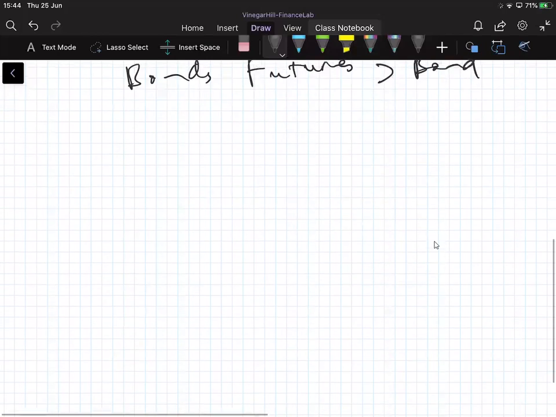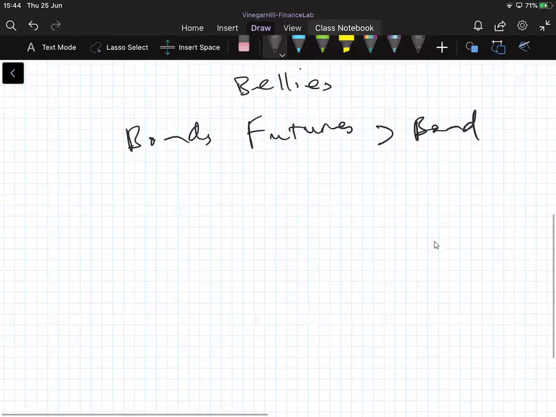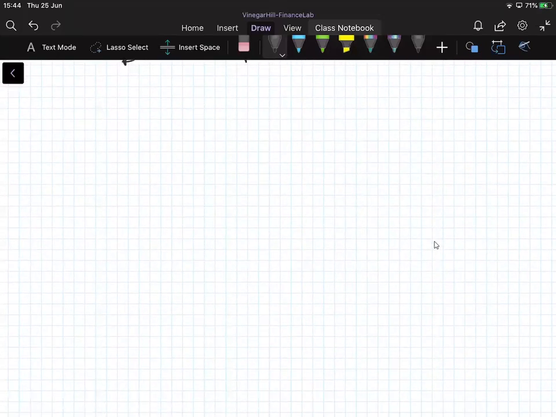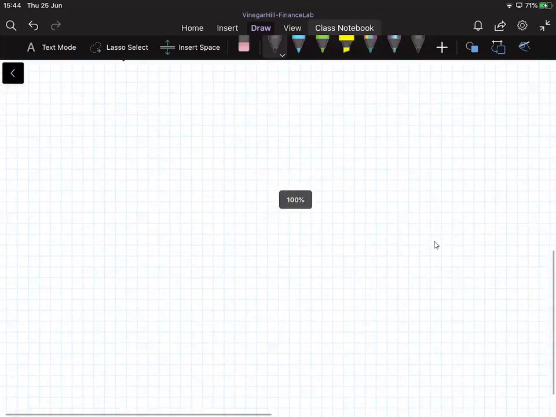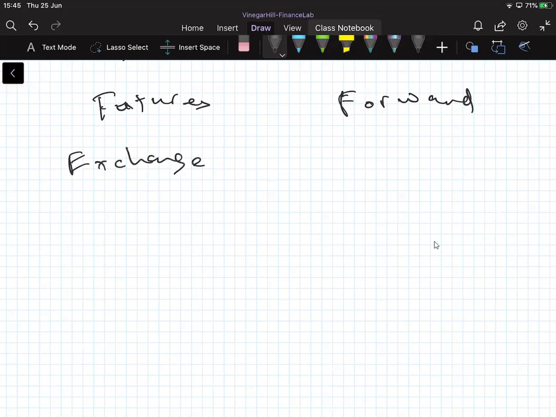But before we start providing representations of the payoff, we might consider a little bit some definitions, perhaps. So the futures market is distinct from the forward market. And the futures market is exchange traded. Okay, so typically when we're thinking about a futures market,